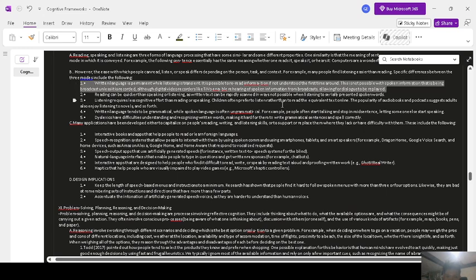It is possible to read information again if not understood the first time around. This is not possible with spoken information that is being broadcast unless it is recorded, although digital video recorders like TiVo enable rehearing of spoken information from broadcasts, allowing dialogue to be replayed.